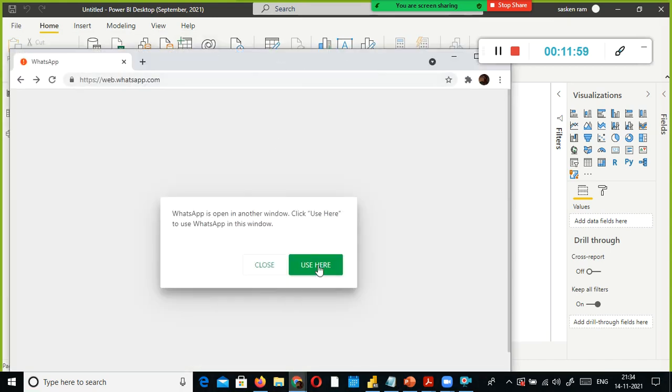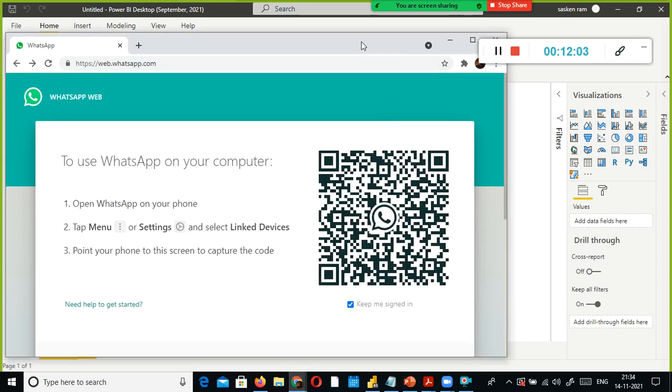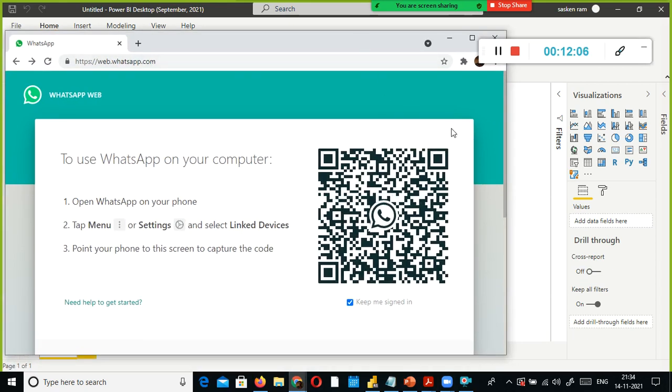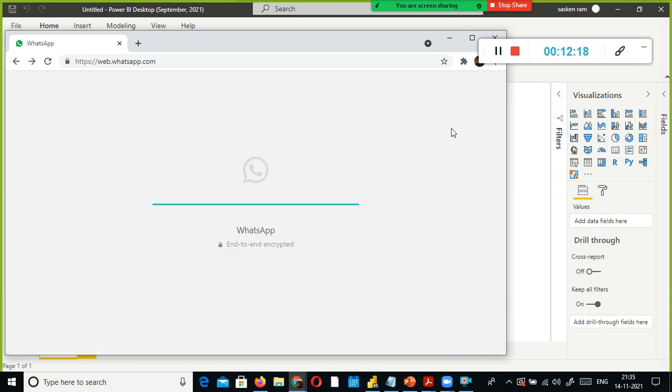Sometimes it happens. Even my laptop, I have a high-end connection, but still it happens. Click link a device, and here you need to scan this QR code from your mobile WhatsApp. That's it. Look here, it connects to my WhatsApp from the desktop. It's pretty easy.